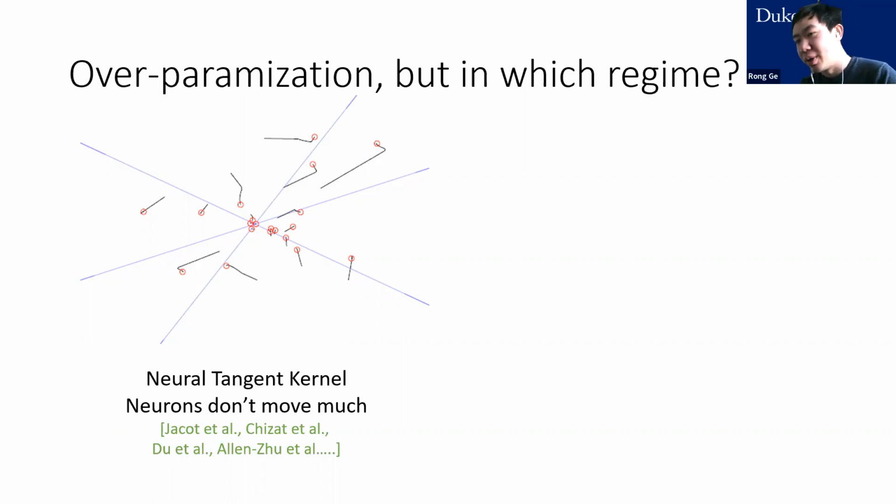And neurons not moving much is a fairly serious limitation, because intuitively we are hoping that neural networks can learn useful representations based on the training data. But in the case of the neural tangent kernel, the feature is actually predetermined by the random initialization of the neural network and does not depend on the training data. As you can see in this picture,